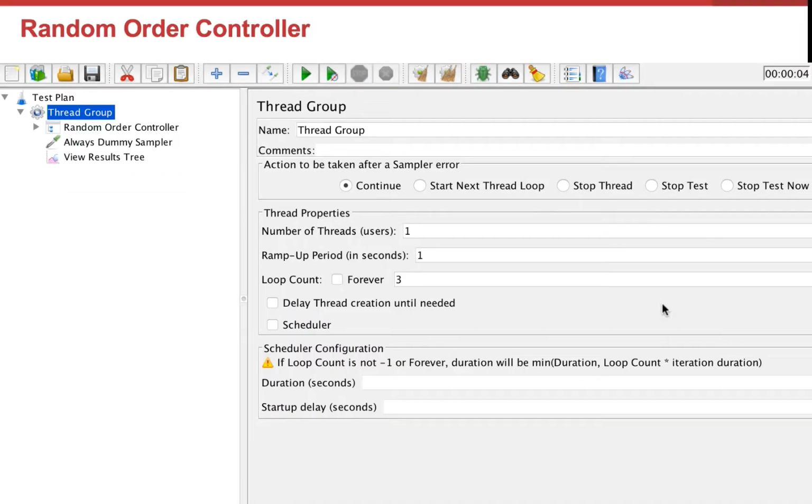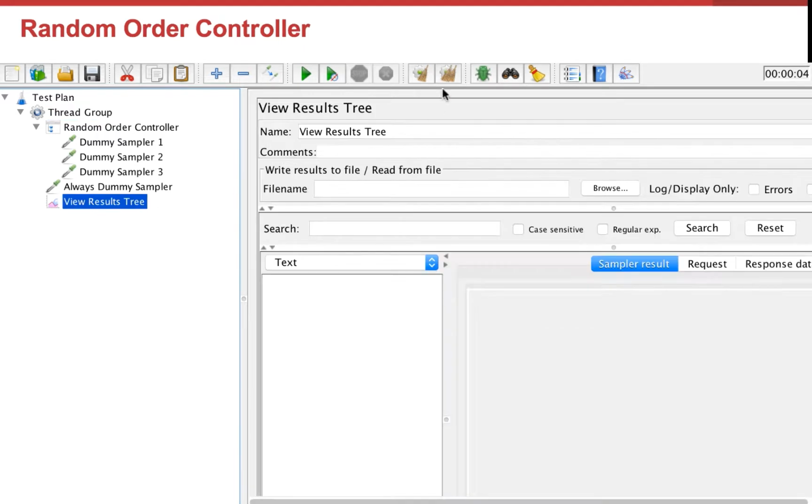Our last controller is the random order controller. And this controller will make sure that each child is executed at least once, but in a random order. So if we check our script, we have the same dummy samplers, but now we are using the random order controller. This means that the 3 samplers will be executed, but we don't know in which order they are going to be executed. So let's run this test